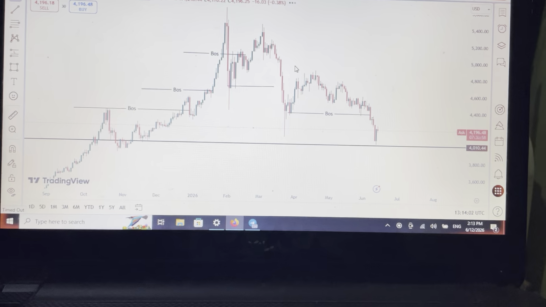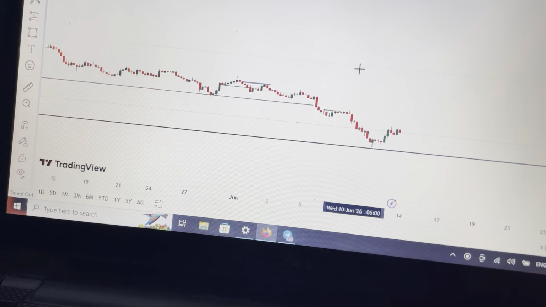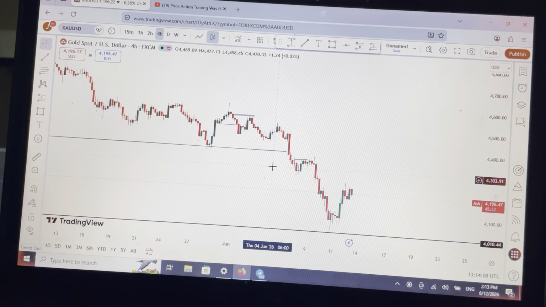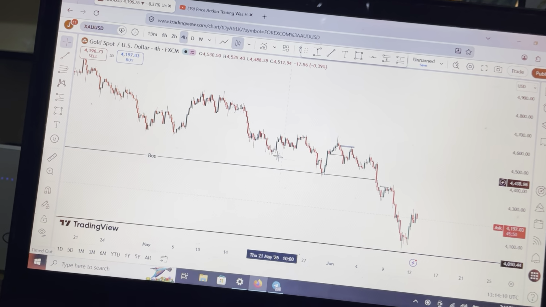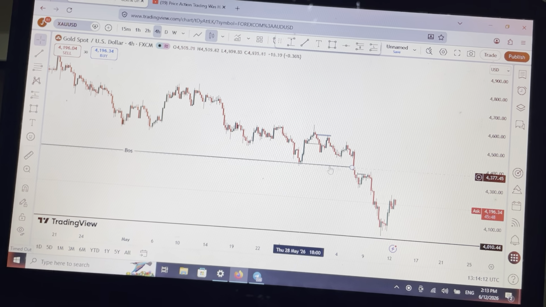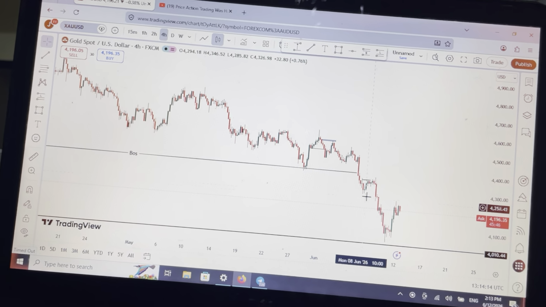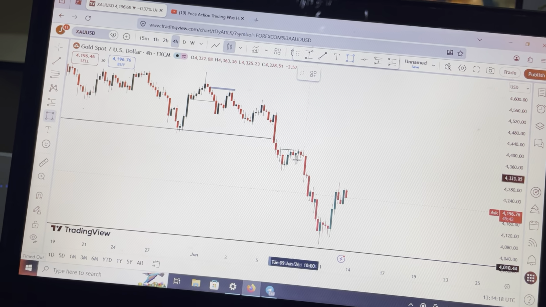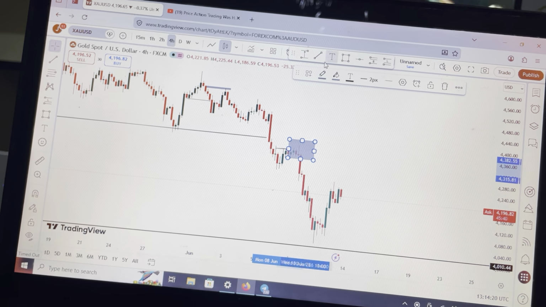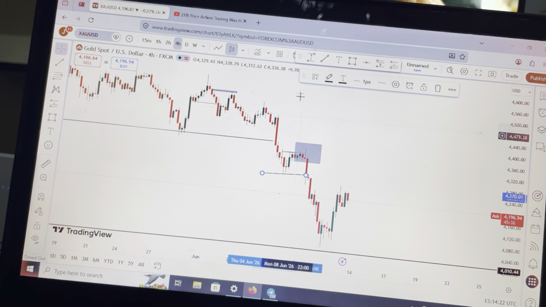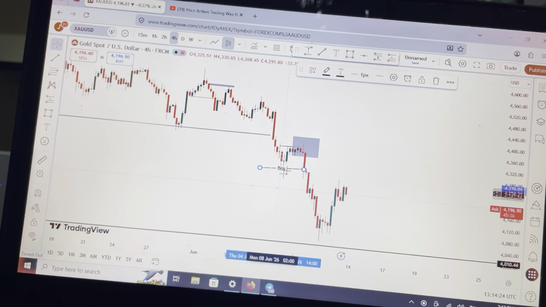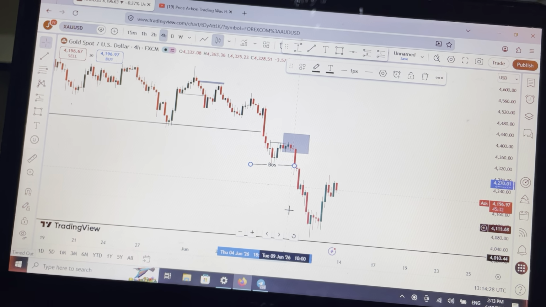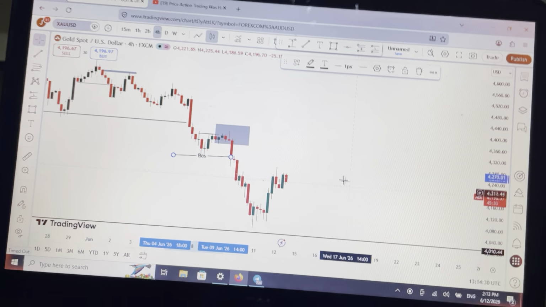But if you check on the 4 hours time frame, you can see here, gold is still bearish. You understand? Yes, a fresh break of structure, an active break of structure. So we should not be looking for buys yet on gold. The last lower high that gave this break of structure is still active. So you should be looking for a sell around here.